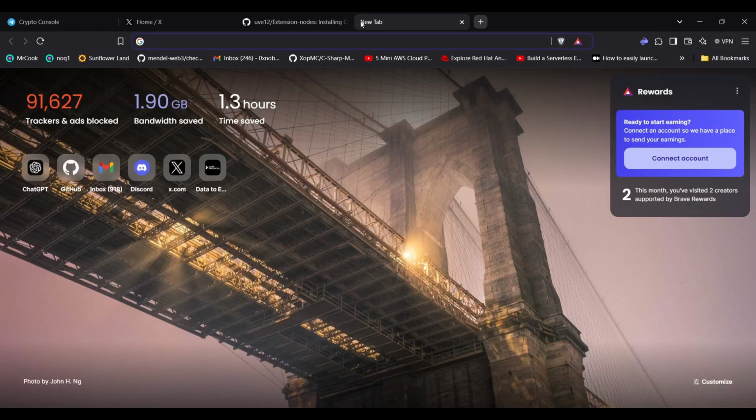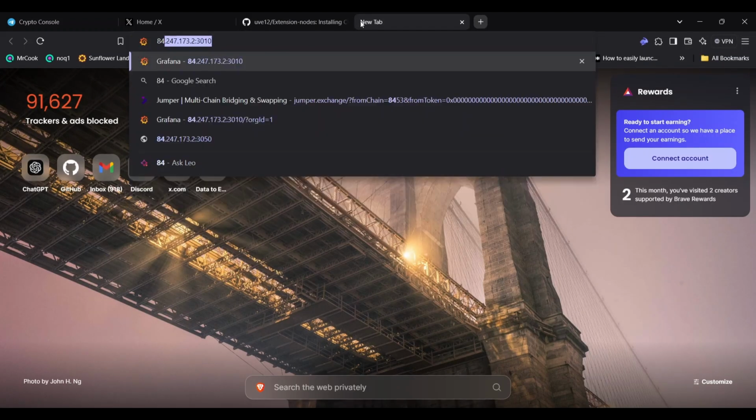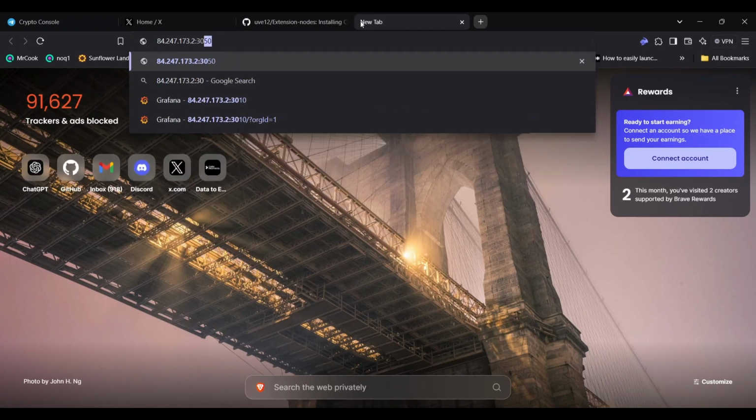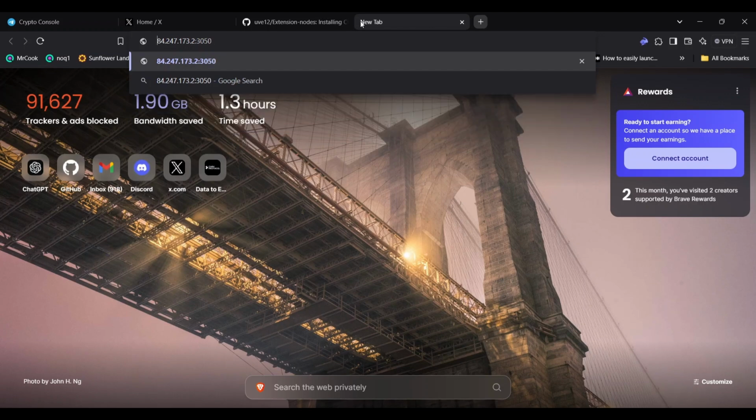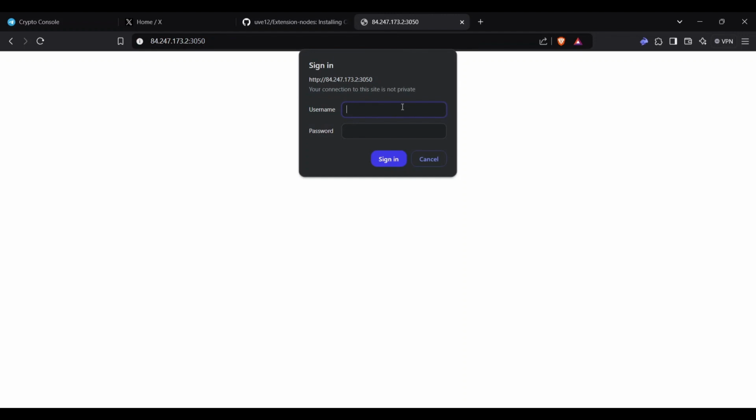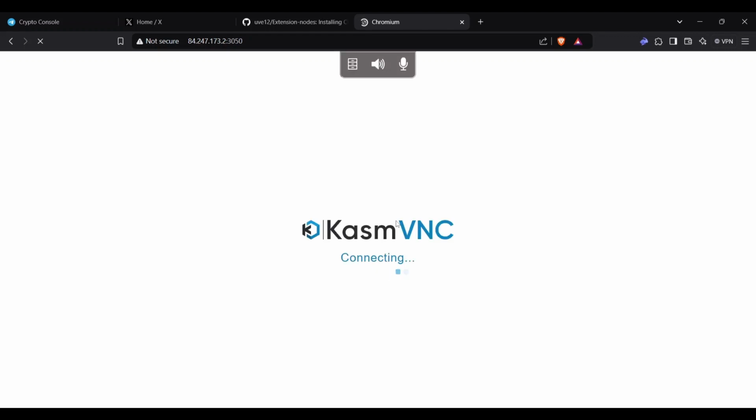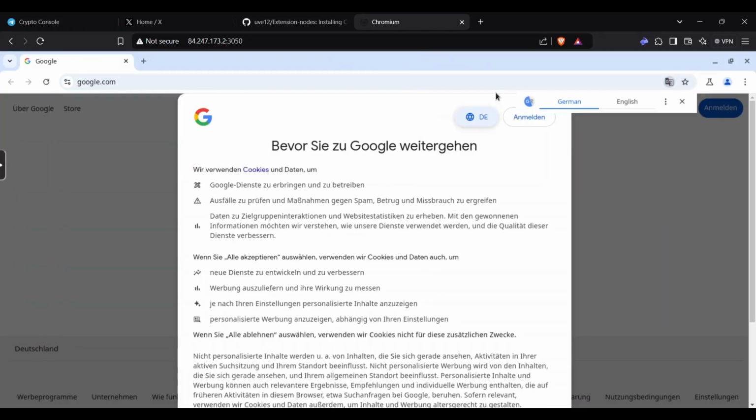I'm just going to type my IP address, then replace the port value with 3050, add HTTP, and press enter. It will ask for the username and password that you set up during the process, right? Just give that username and password. So just wait for some time. As you can see,